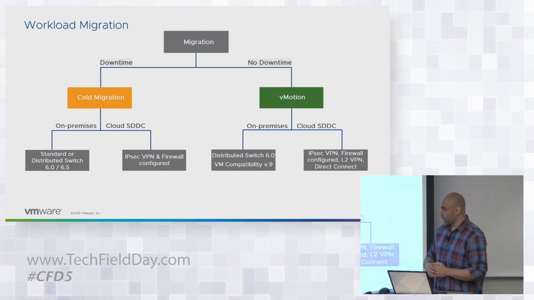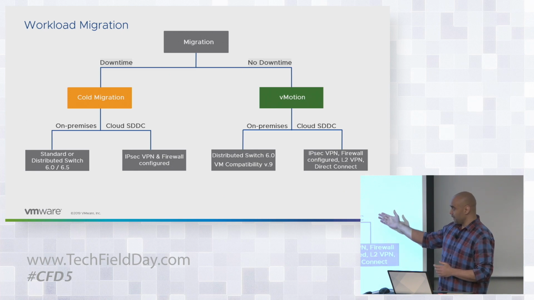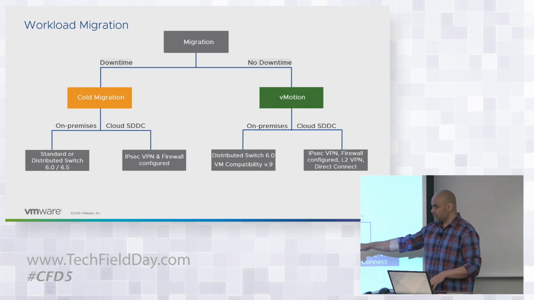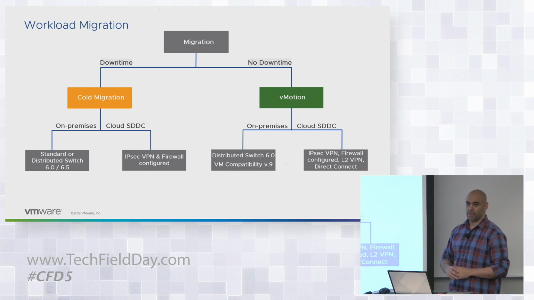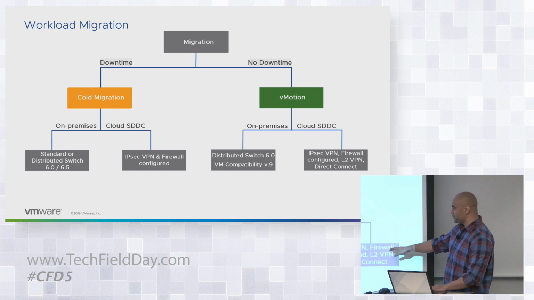So first of all, for the cold migration, you can either have a standard switch or a distributed switch, but it has to be either on 6.0 or 6.5, even 6.7 as well. Same thing for the vMotion, starts off at 6.0 or greater. But if you notice, you have to have VM compatibility version 9 for it to actually be able to do a live vMotion. The other thing is, you notice that there's IPsec VPN requirements, firewall needs to be configured, but